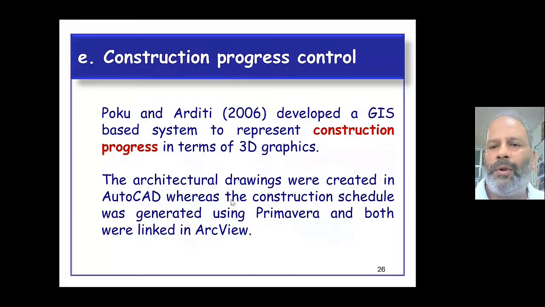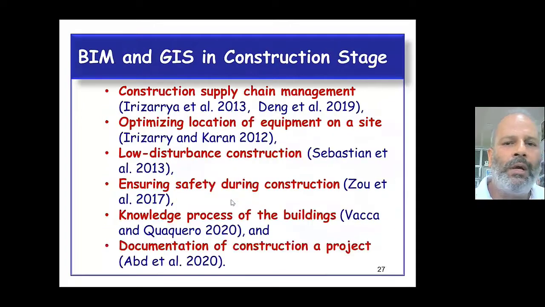Then construction progress control. We have the construction plan, and we can record the construction progress, in which GIS is helpful. By comparing the planned progress with the actual progress which we are getting at site, suitable control measures may be decided. The other application areas which GIS along with BIM has,